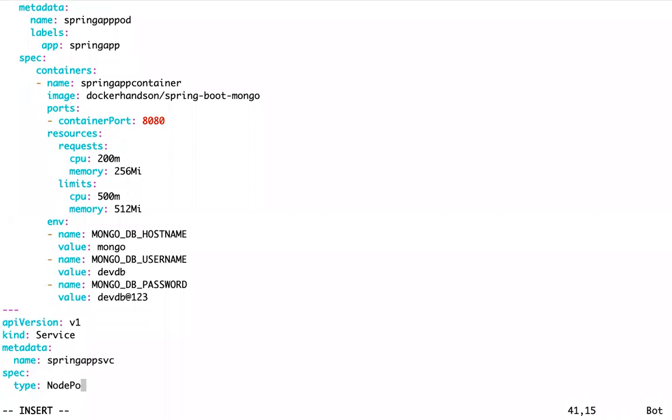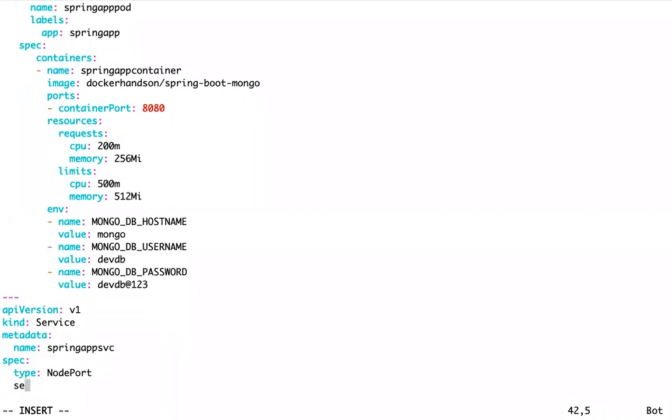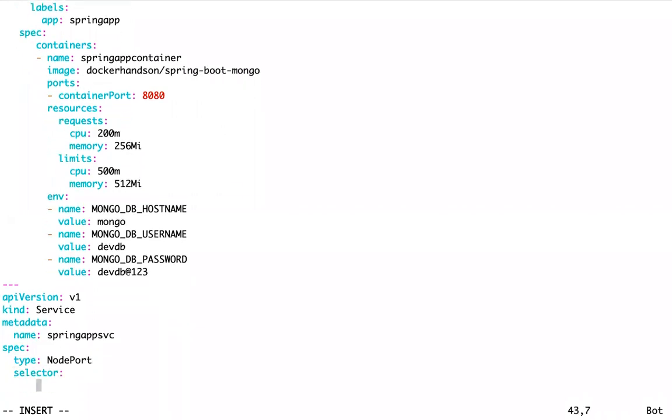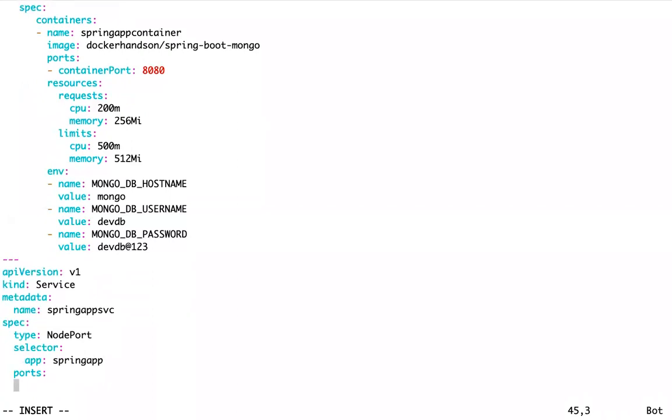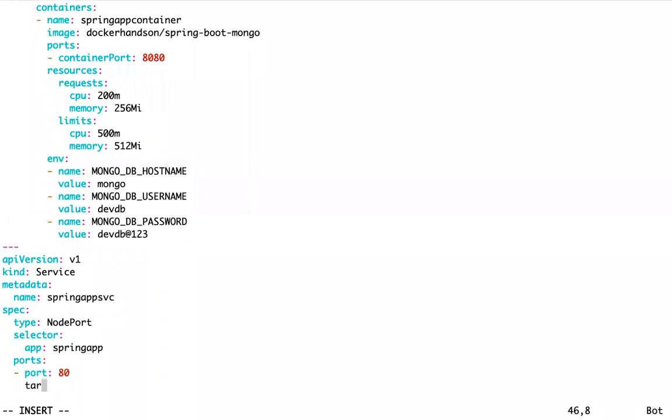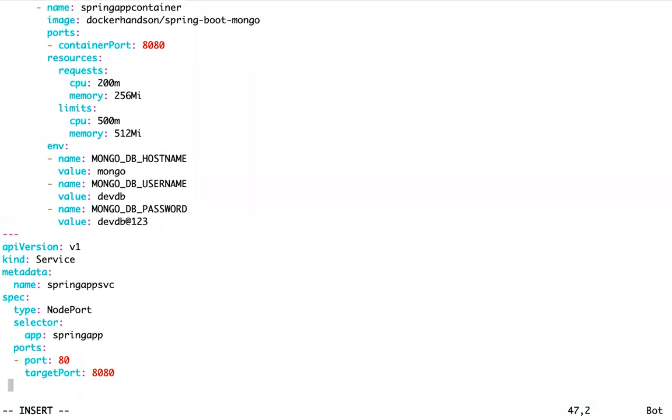I will create a NodePort for now. Selector. What is my selector? Whatever label I have given for a pod. Then ports. Since it's a front-end application, the service port I will map to the default 80. And what is my target port? 8080. This is for this application.